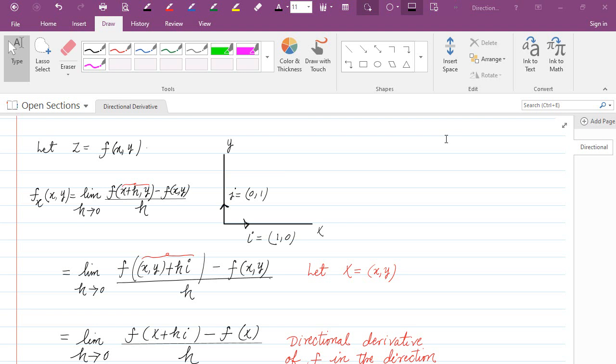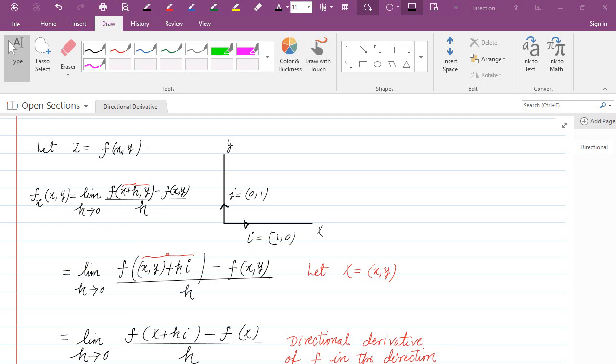Welcome back. Here, what we want to show is that the partial derivatives are actually directional derivatives. Recall that the partial derivative of f with respect to x evaluated at the point (x, y) is the limit as h goes to 0 of f of (x plus h, y) minus f of (x, y) over h. Now (x plus h, y) can be written as (x, y) plus h times the vector i, where